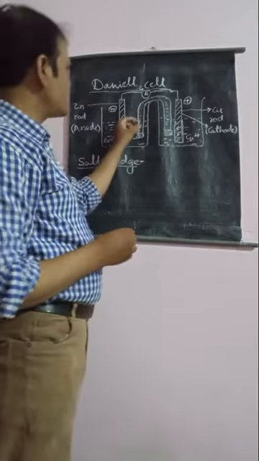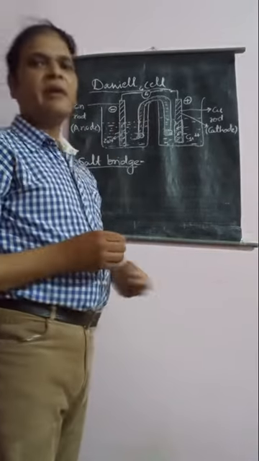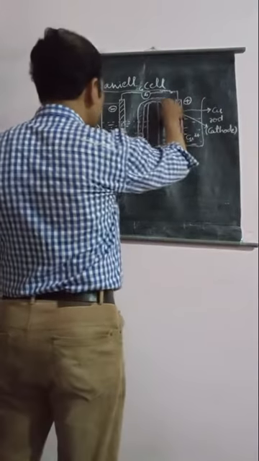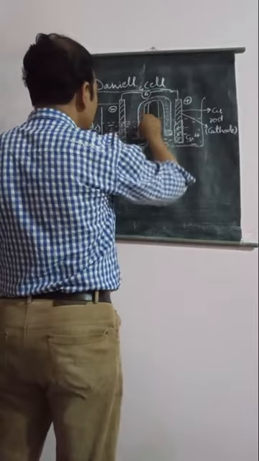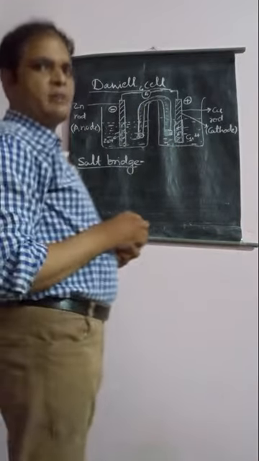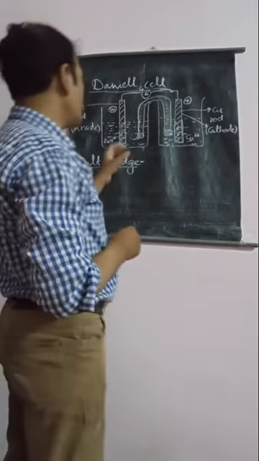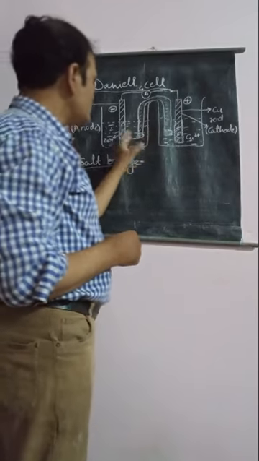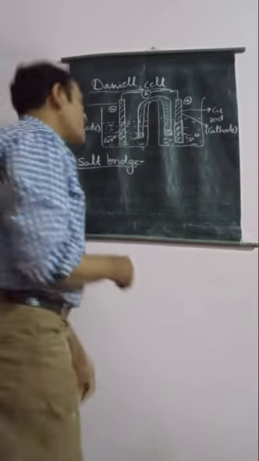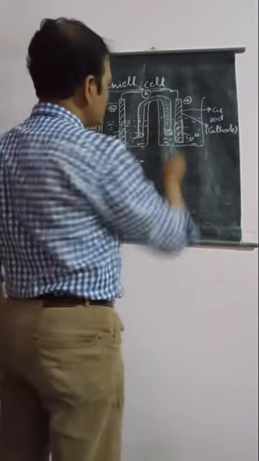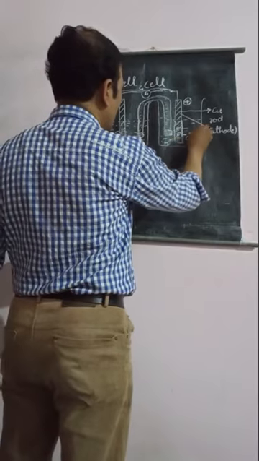It is boiled with agar-agar, a type of organic compound, and it is present in the form of a semi-solid. That's why these ions come and maintain the concentration of the ions in both these half cells. So it maintains the concentration of the oppositely charged ions in the electrodes. So this is another possible function of the salt bridge.